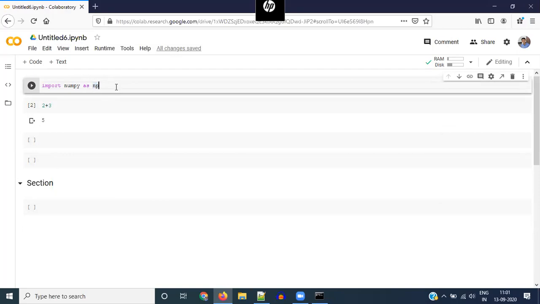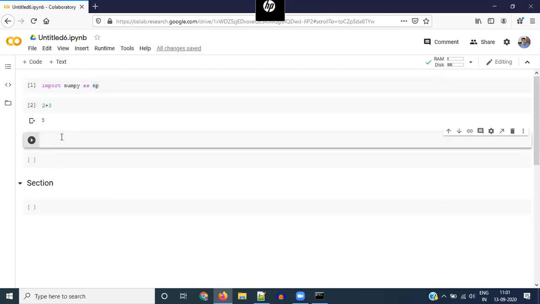So these are all always available. But say there is some package that's not available in Google Colab, you can install it using the same pip command, but you have to add this exclamation mark at the beginning and then type pip install, and whatever package name that you want, and that will install it.